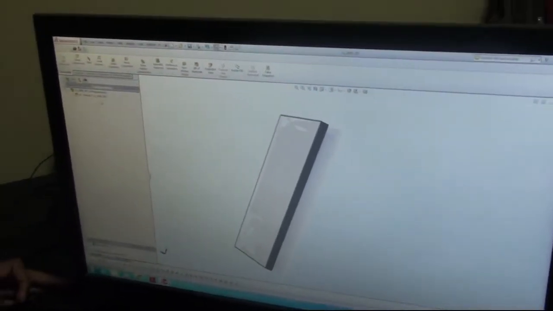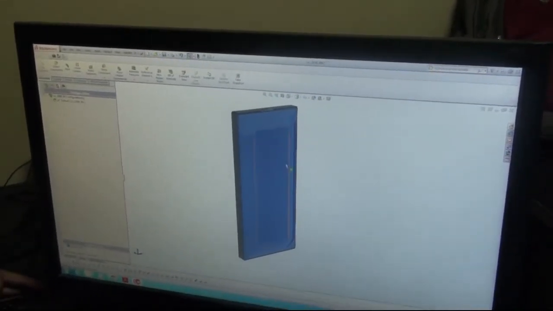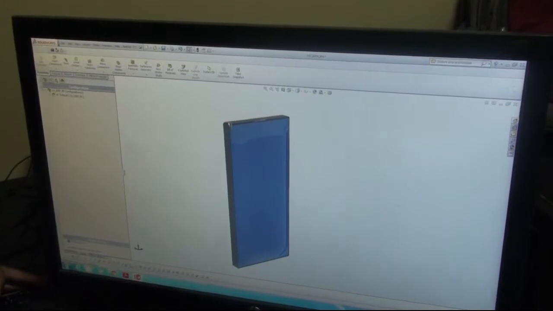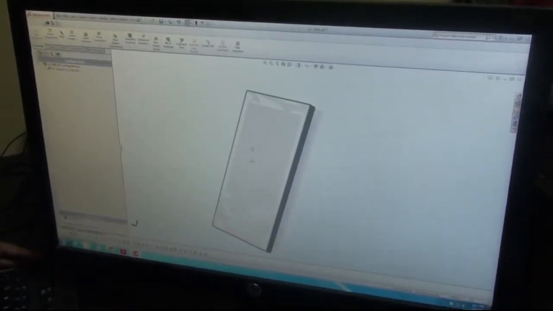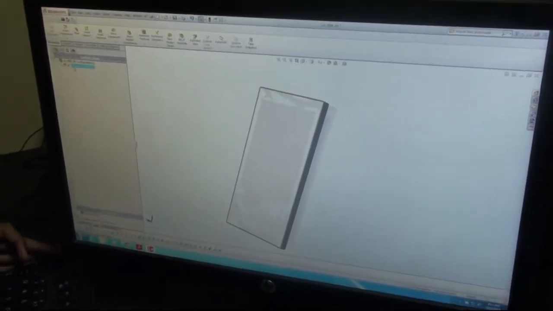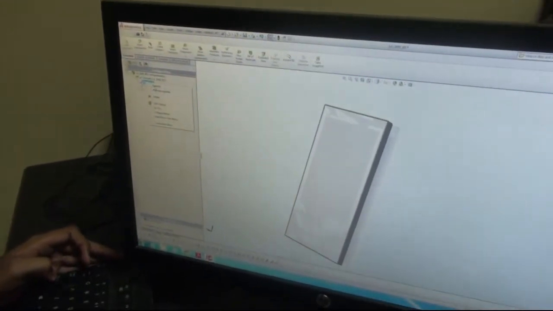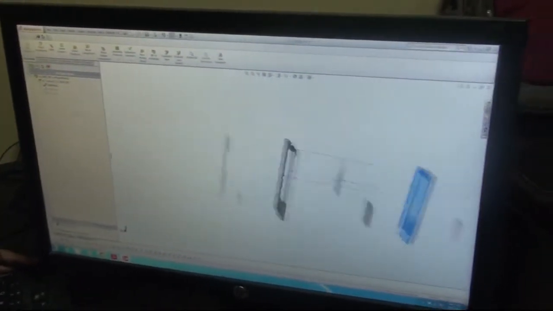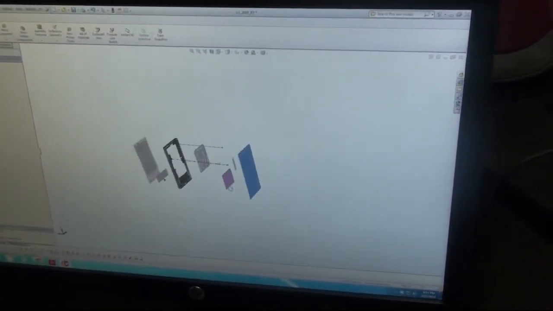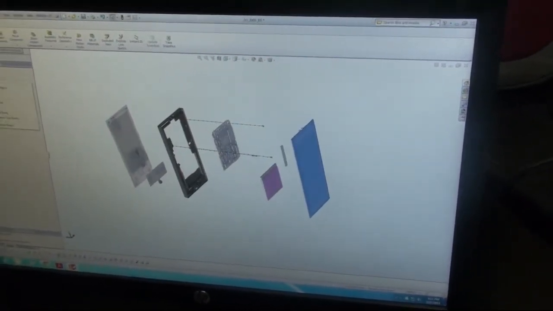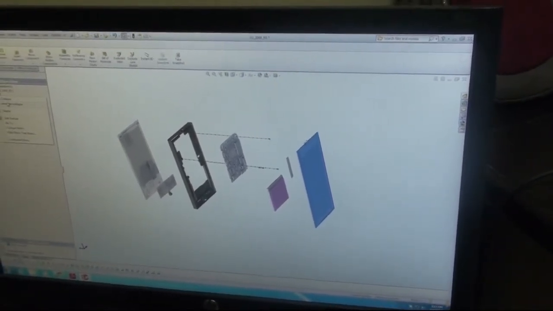For example, the RCU or the player basically consists of the main frame, the rear cover, the PCB, the battery, and of course the touch panel. I can show you a basic disassembly of the whole. This is the freedom that we get through CAD: you can see the exploded view, how the components and parts are going to be assembled.